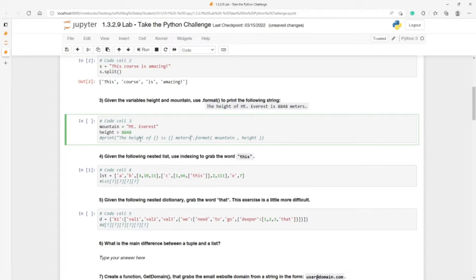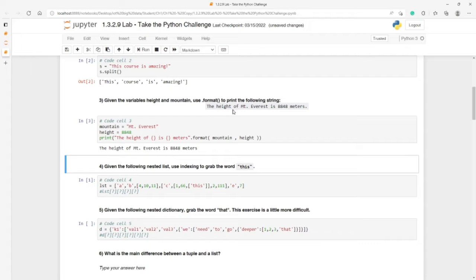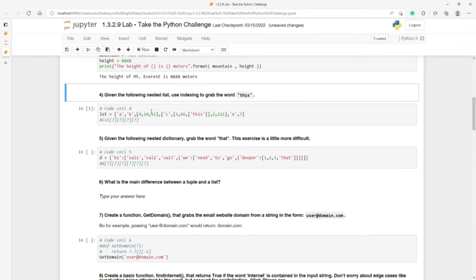Okay, so when Python prints this, it's going to be first the height of the, and then mountain, which is a variable here, a string, Mount Everest, and then the height is going to be this number here, 8,848, and then meters. So let's check it, and you can see here the height of Mount Everest is 8,848 meters. All right, now the next step is, given the following nested list, as you can see here, use